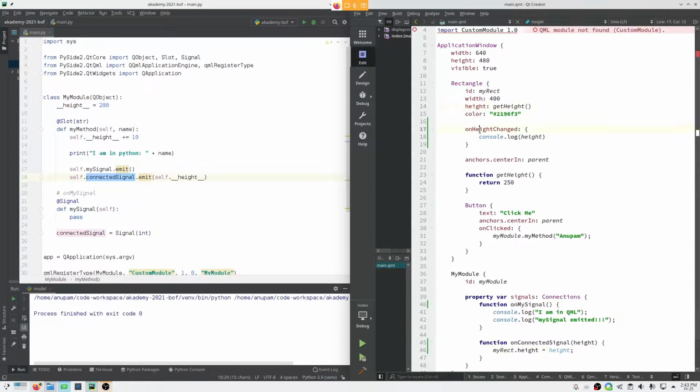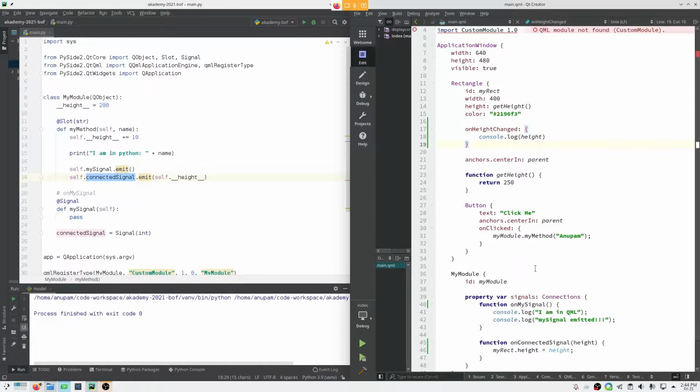And here I have written a handler for the corresponding change handler of the height property. Every property in QML has a corresponding changed handler, which is named like this: on property name changed. You can use it to handle any code that you want to do.